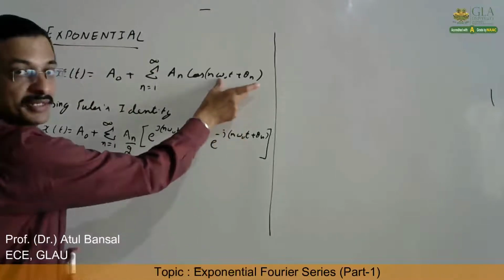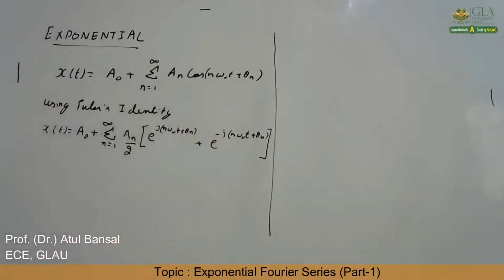Here theta is the complete n omega naught t plus theta n. Right? Now if you open up this bracket,